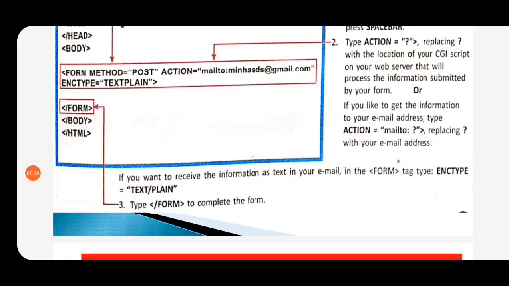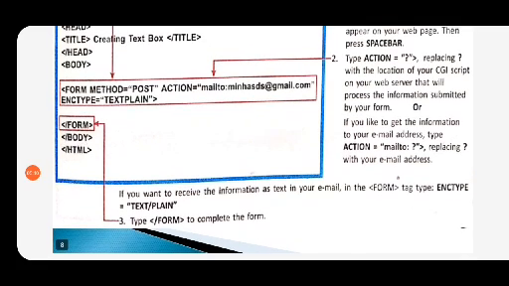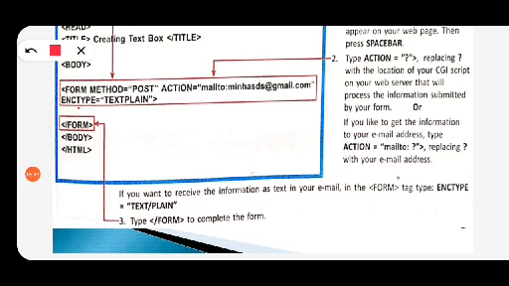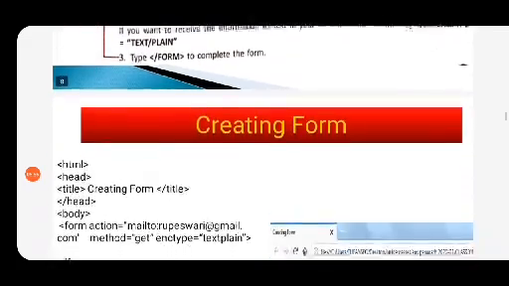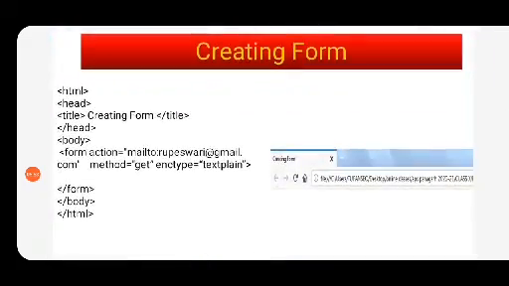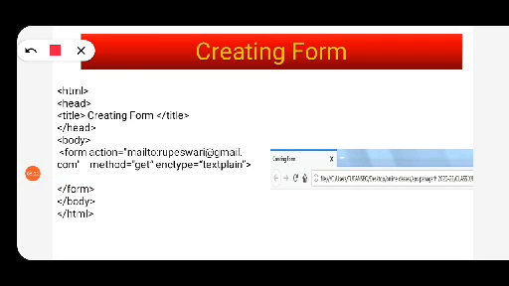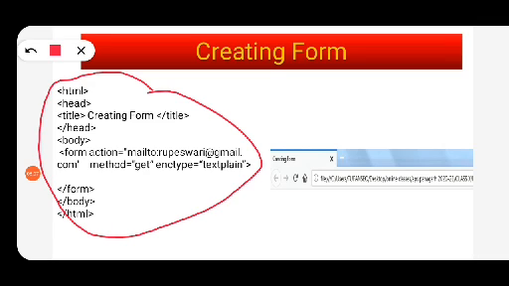Whenever we want to create any input field or checkbox or button inside the form tag, you have to write it over here. We will be learning them in our upcoming slides one by one. Now let us see another example of a form. If we write this code and run it, we will get a blank page.